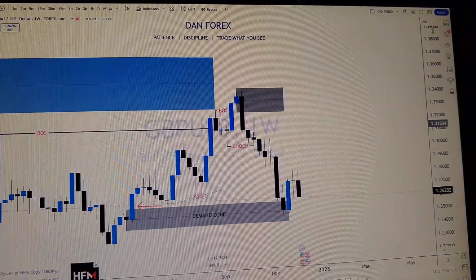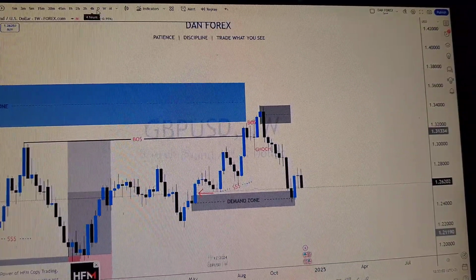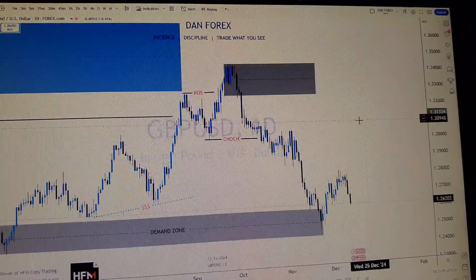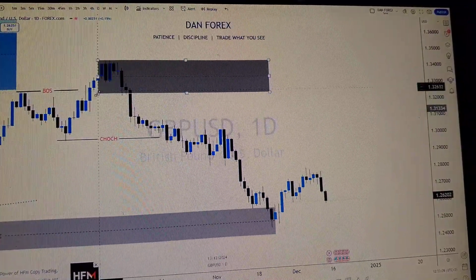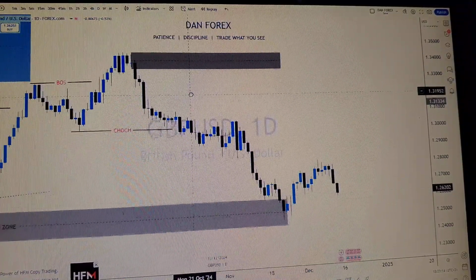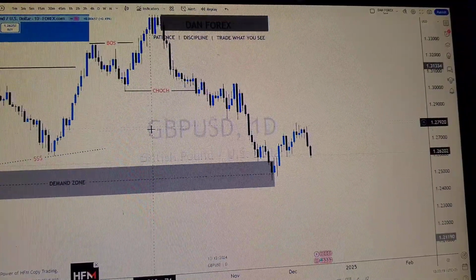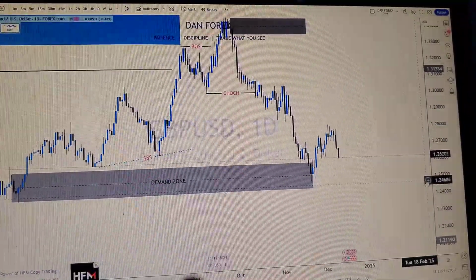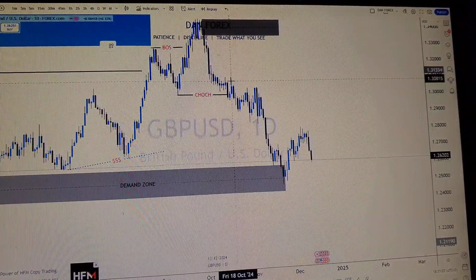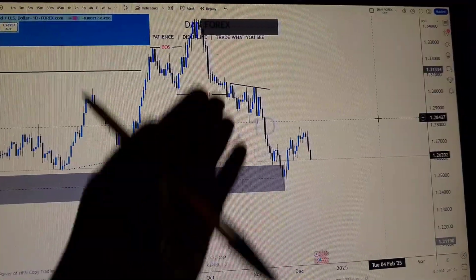All right, so now let's go to the next time frame, and that's our daily. So on daily, this is what we can say. We can refine this area to around that candle, right? And we have seen that we have this change of character. So all these are liquidity. We're just expecting the market to sweep all these areas. This is a sort of trend line, right? So we are expecting the market to sweep all these